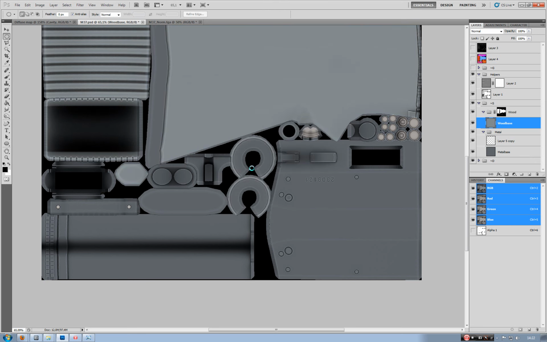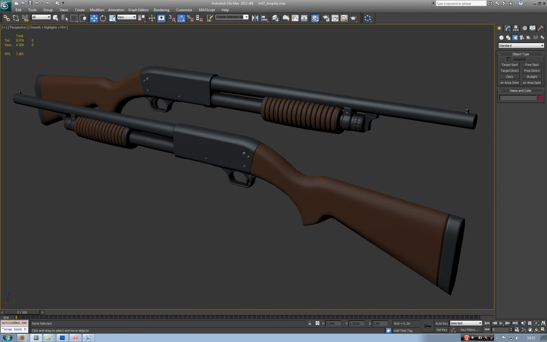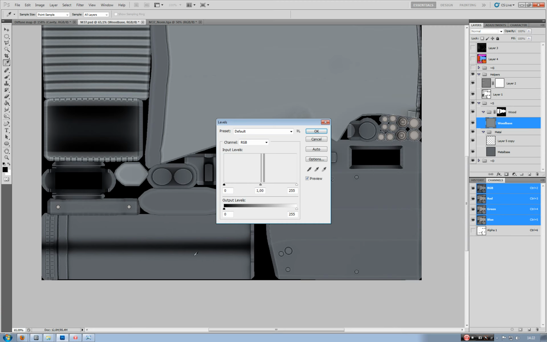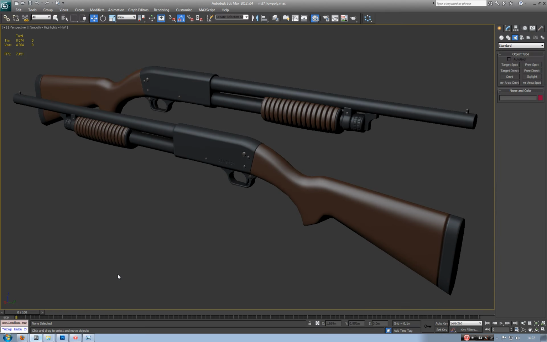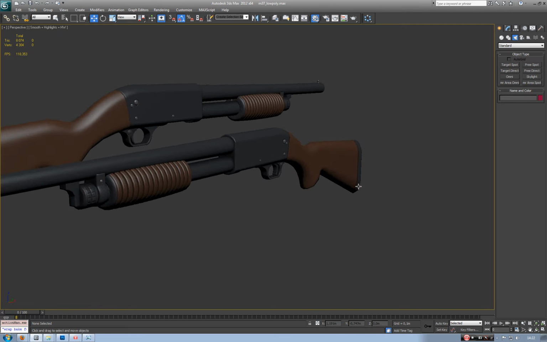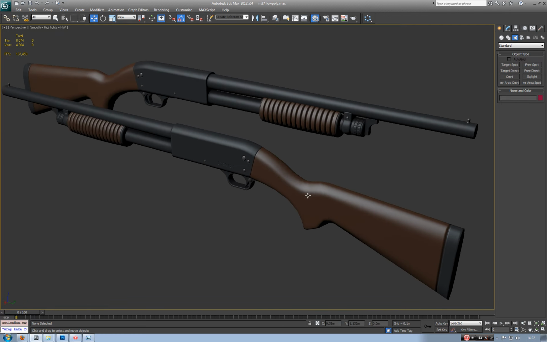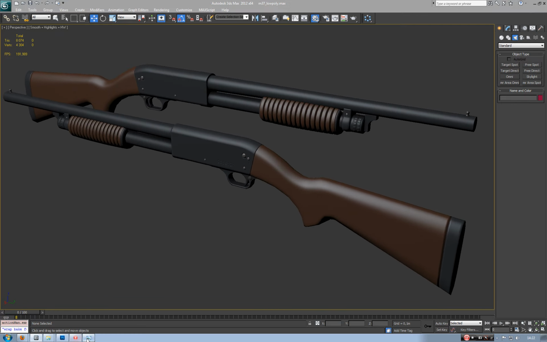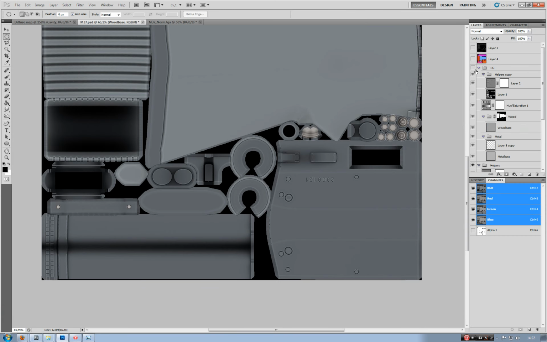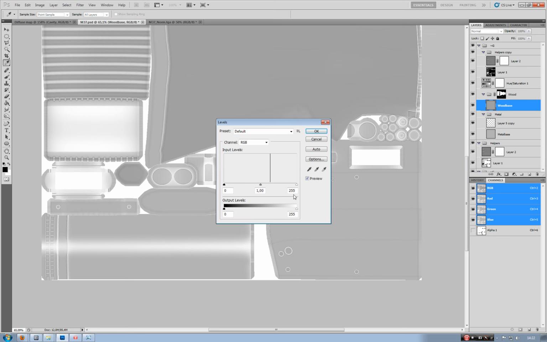And I'll desaturate it a lot. Okay, maybe not all that much. And it's still not glossy enough. So basically,